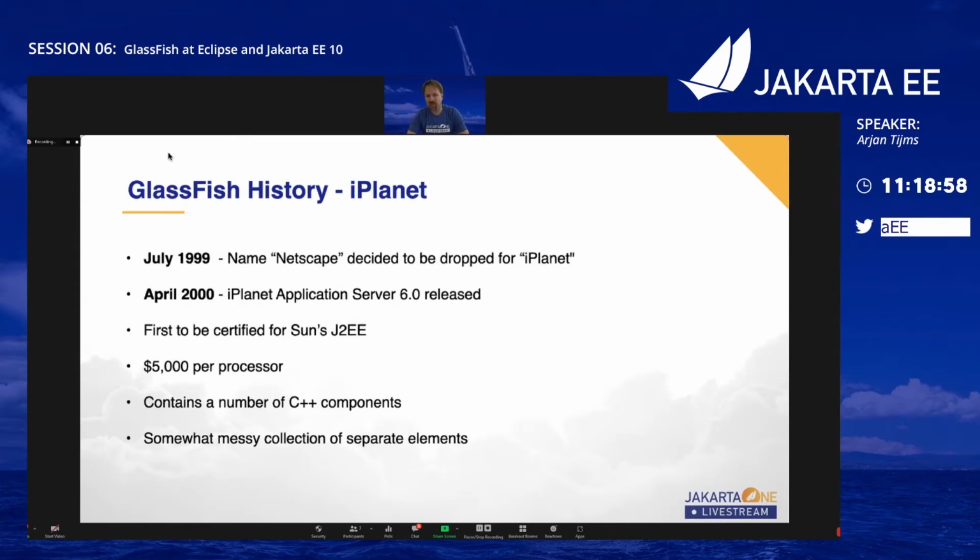It kind of signaled in the market that Netscape wasn't that important anymore. So everything related to the name Netscape was done away with, and this kind of somewhat meaningless iPlanet name was introduced. So then in April 2000,